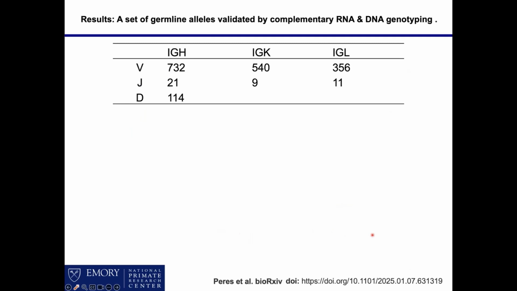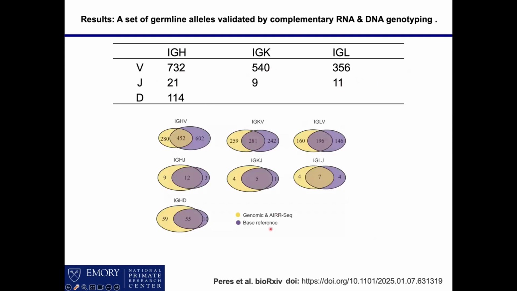Okay, so once we had that, we were able to come up with a set of alleles that we saw in our cohort of animals where we had both DNA and RNA evidence. And so this is the big, exciting table that we came up with from all that Herculean effort of sequencing, where we had in our data set characterized with both DNA and RNA evidence, 700 heavy chain V genes, 500 and 300 light chains, respectively.